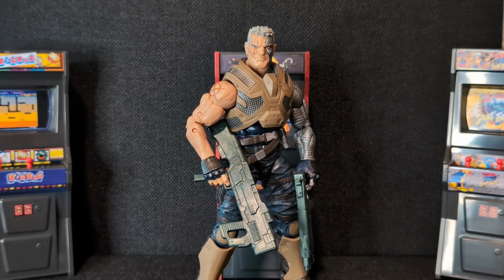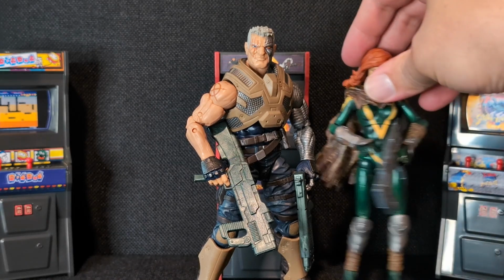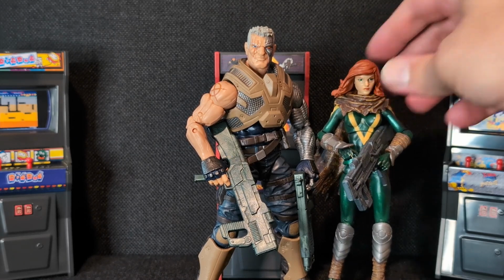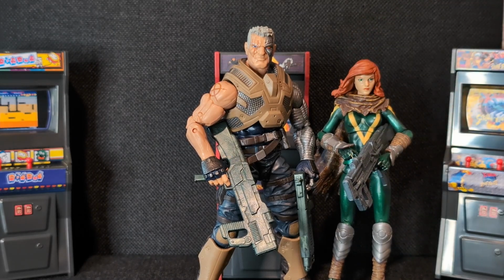My last round on which is better is about the display compatibility of your Cable figure. We're going to look at the Juggernaut Wave Cable figure first. And, you know, when Cable was in this costume, it was right before Avengers vs. X-Men, around that time. So he would pair well with characters like Hope, if you have Hope. Now, I've got to say, Hope really needs an update. Mine can barely stand anymore. But, you know, there's Hope holding a